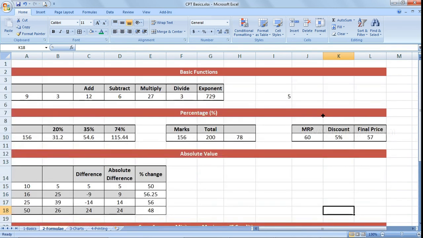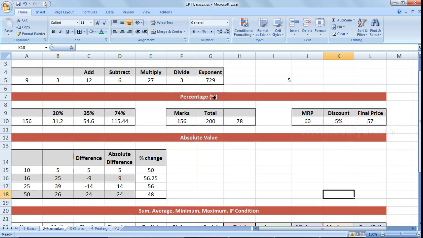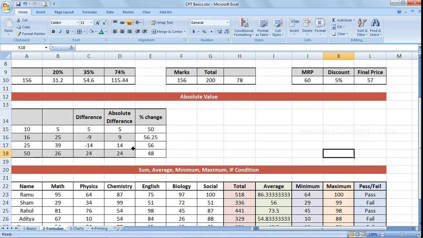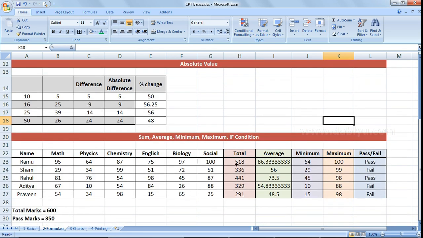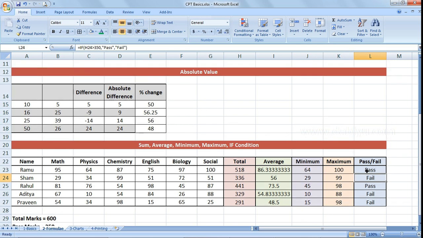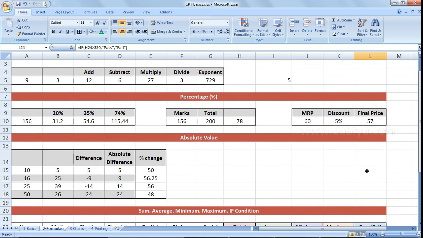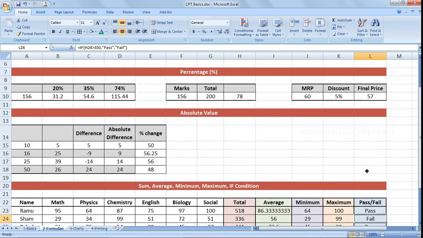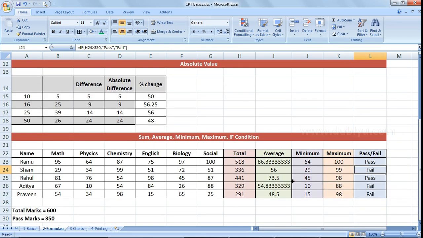So what all we saw, the basic functions, that is add, subtract, multiply, divide and exponent, and then we looked at percentages, and we looked at absolute value, and we looked at how to find sum, average, minimum, maximum, if condition, and so on. Fine. And you should be able to apply complex formulas using this. What I mean by complex is